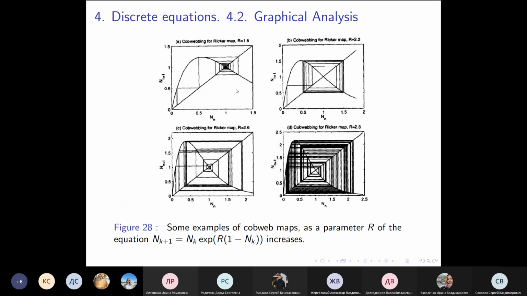So what are the equilibriums here? We can easily find the equilibriums. It is just the intersection between the line and the function. So in this model, we have,